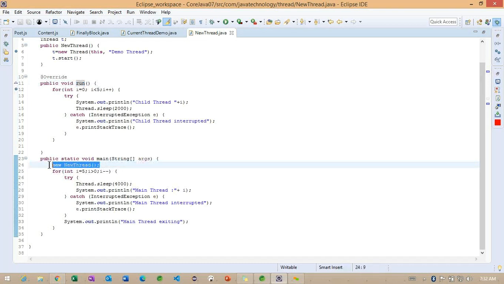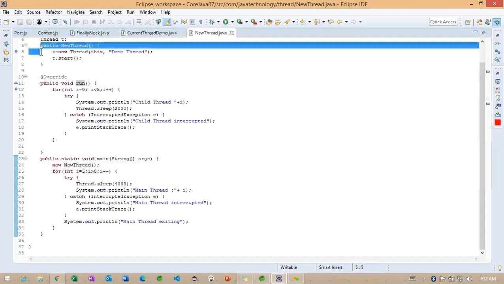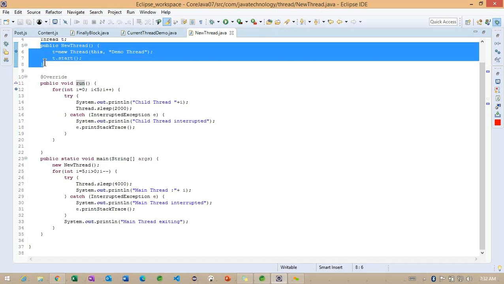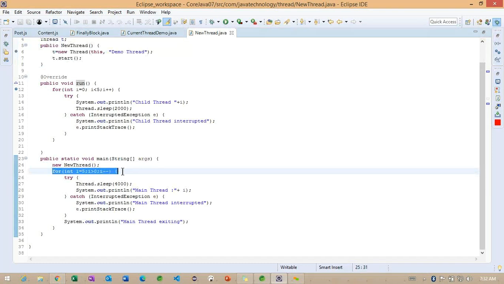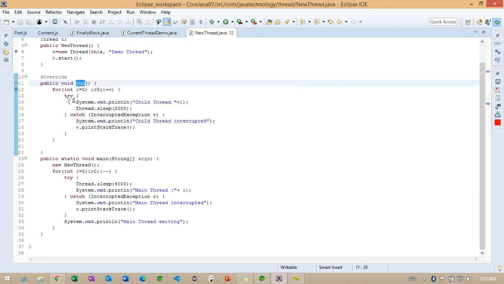This line of code is executed by the main thread. Once it is executed, where does it come back? To line number 25. The main thread is back at line number 25, and again the main thread sleeps around 4 seconds. Meanwhile, this run method is called by the child thread. It prints the message, and after printing the message, it sleeps 2 seconds.